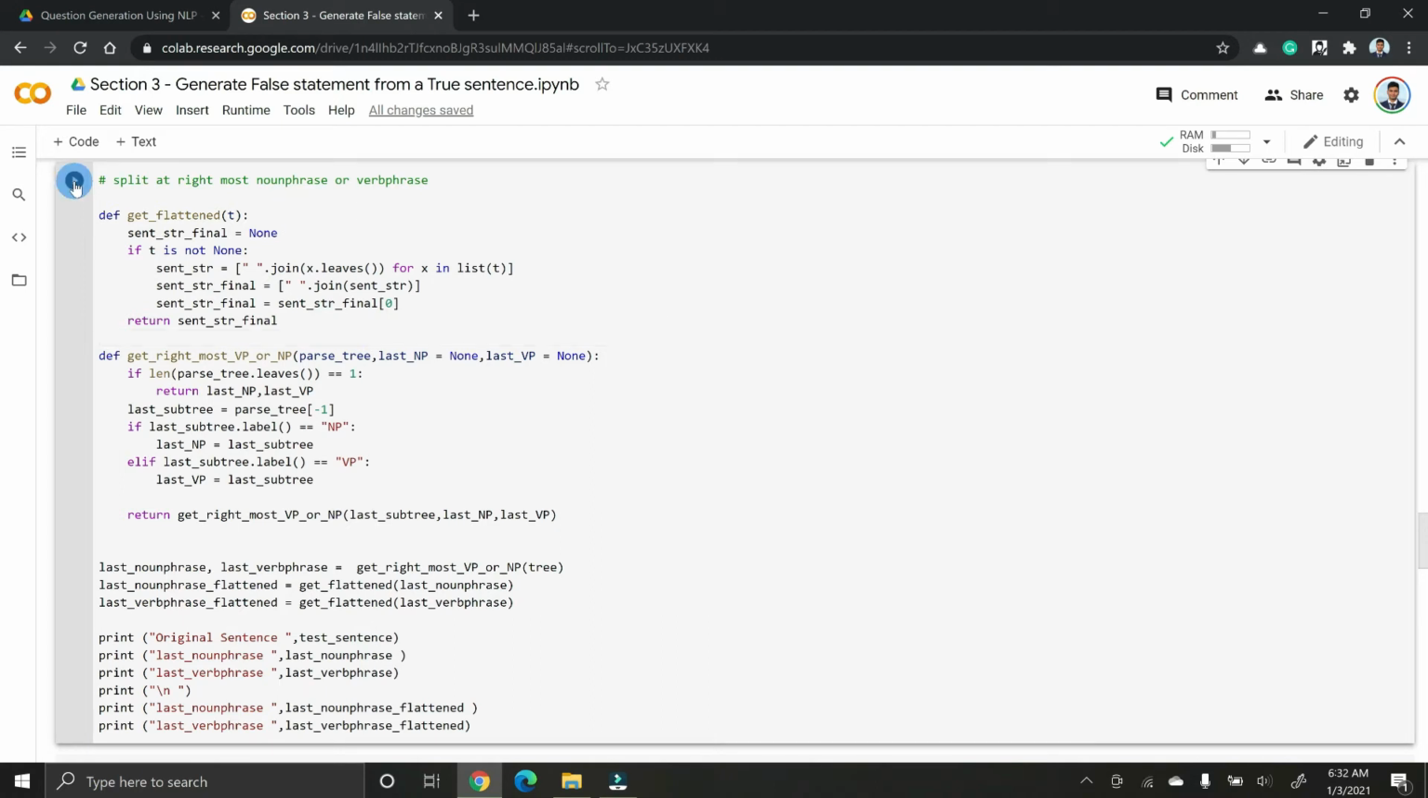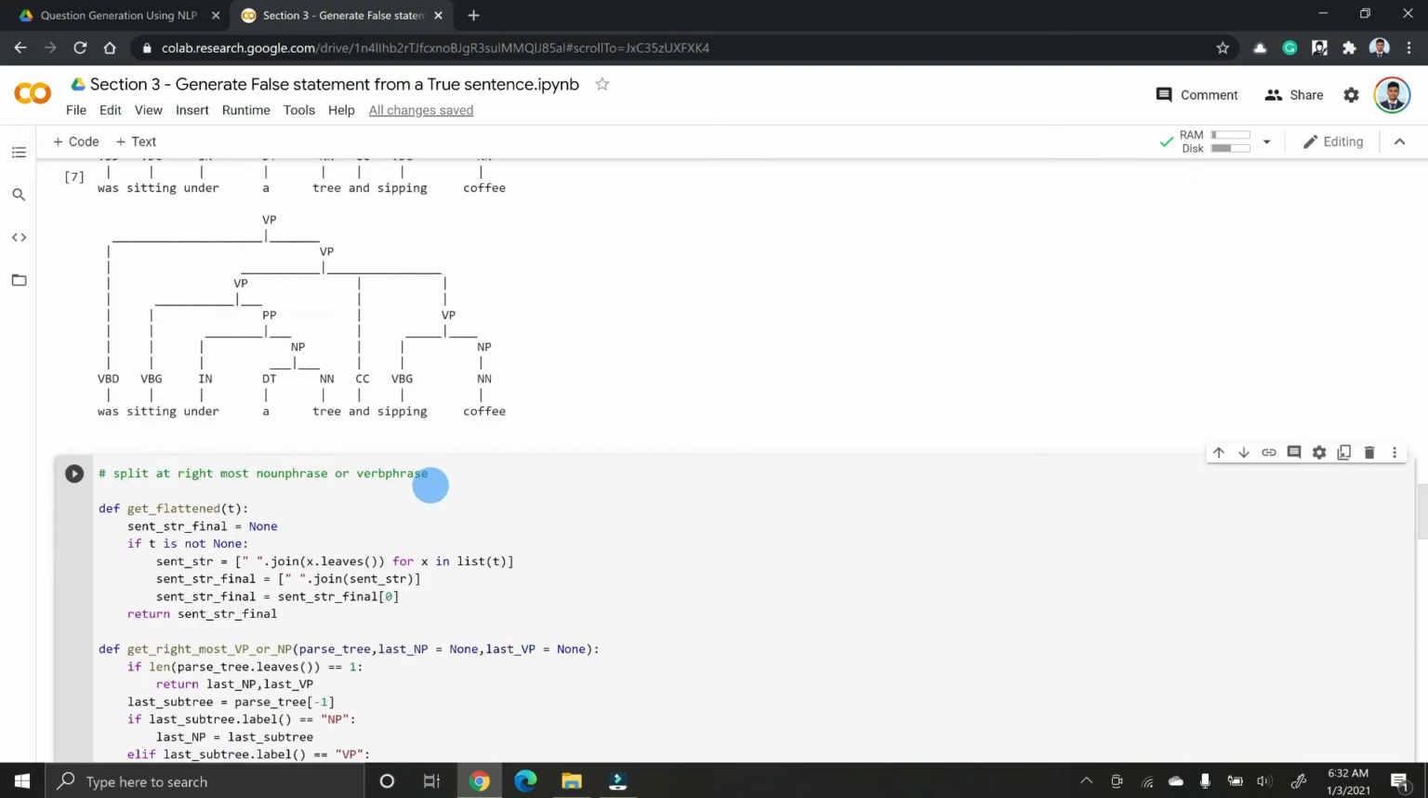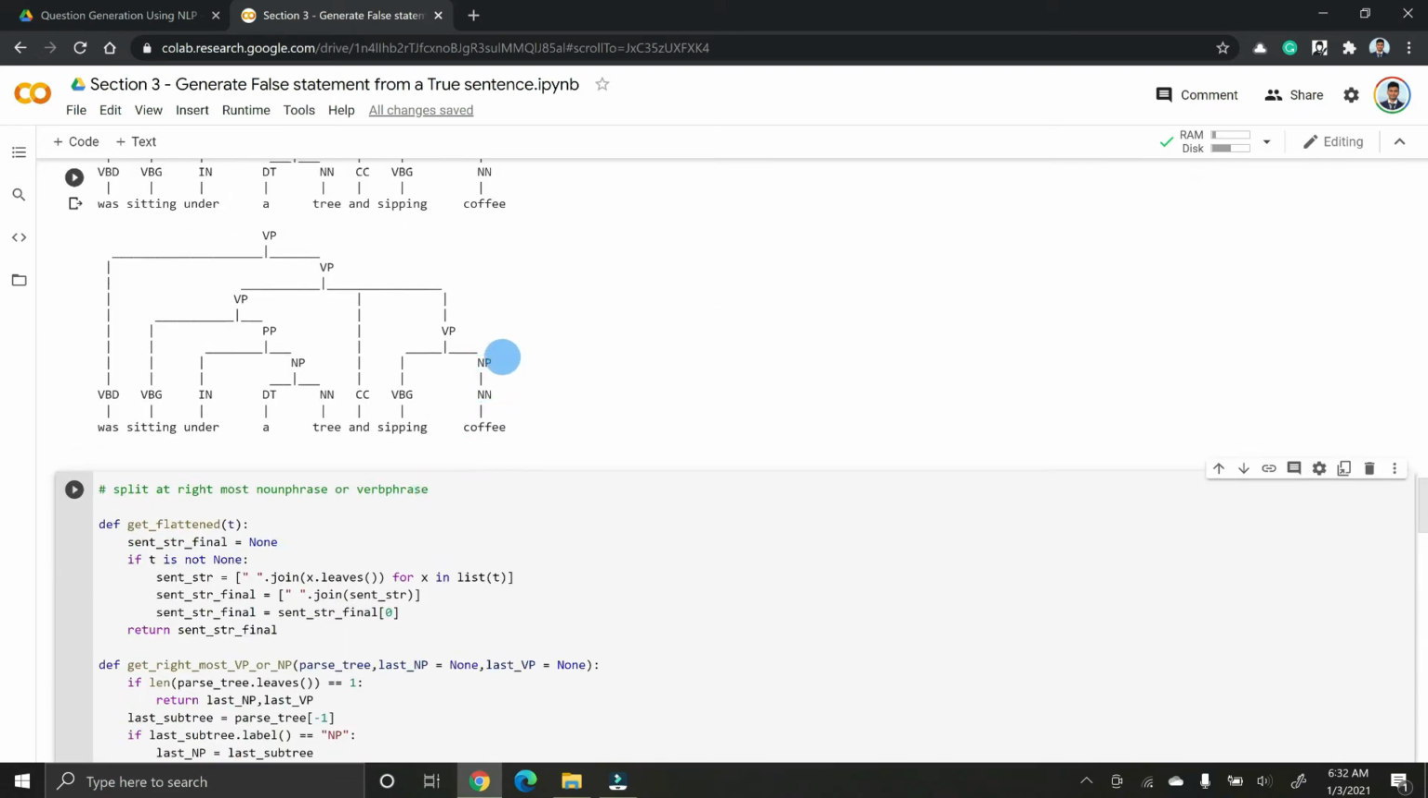Let's run this cell and we'll go through it in detail. So the original sentence is the old woman was sitting under a tree, and we have extracted that the last noun phrase is this and the last verb phrase is this. So this is not something new, which is pretty much the last noun phrase is NP, NN and coffee that you see here,